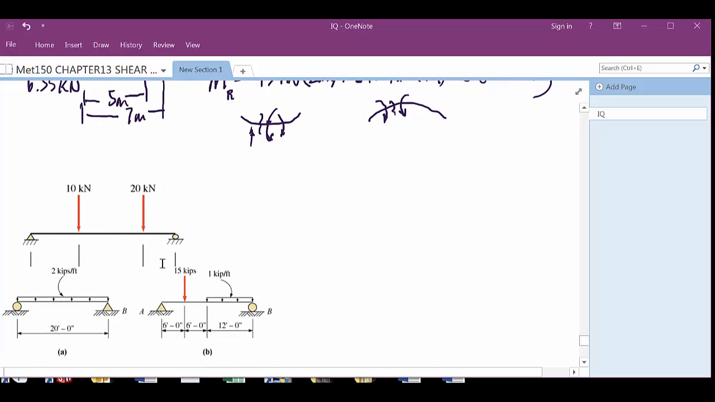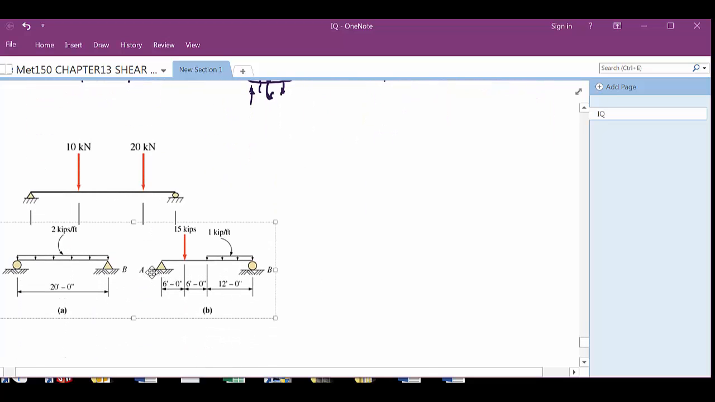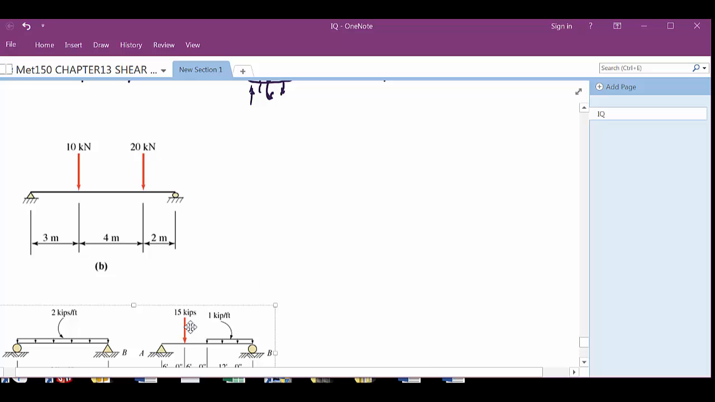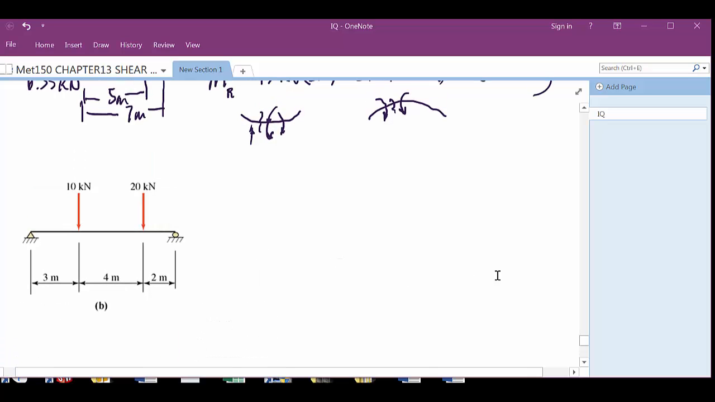In due time. Okay, let's see. Let's get this one out of the way. All right, so this is B now. So looking at B, we've got, of course, again, I'm going to call this AY. And this will be BY. So sum of the forces in Y equals 0, AY plus BY minus, and I will let you combine these